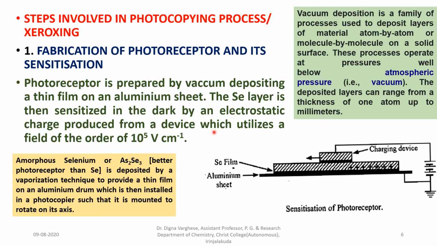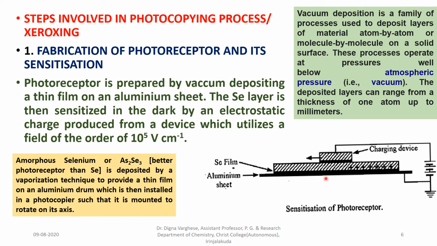At the starting point of the photocopying run, the drum begins to rotate and a uniform electrostatic charge is distributed over the surface of the selenium or arsenic selenide film by a high voltage corona discharge. Corona discharge is an electrical discharge brought on by the ionization of a fluid such as air surrounding a conductor that is electrically charged. So it is actually a charging device which emits ionized gas molecules that are absorbed by the drum surface.